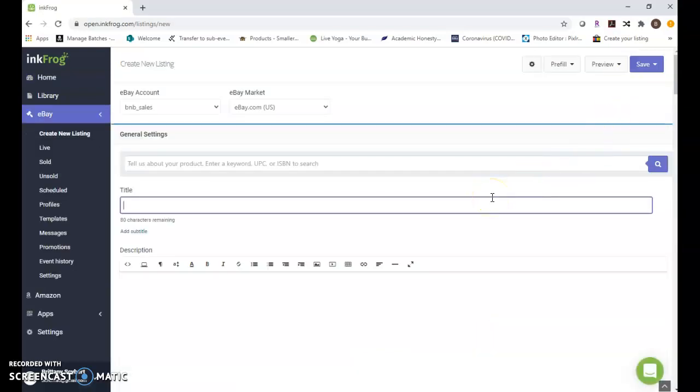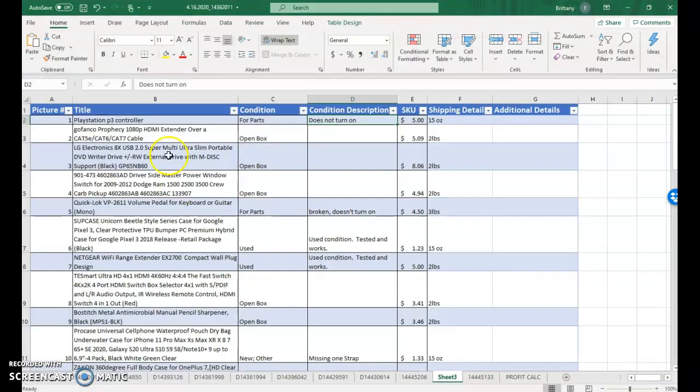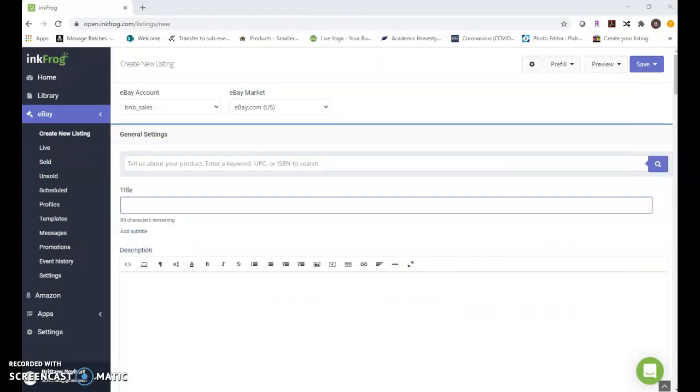What this is going to do is bring up the page where we're going to do the entire listing. So the first thing that we're going to enter in is going to be the title. The title can come from two different places. One is the spreadsheet that I provide to you. If it has a title that I've already created or a title that I have, then I will go ahead and list it here. If the title is not listed there, then you will need to bring up the photos,